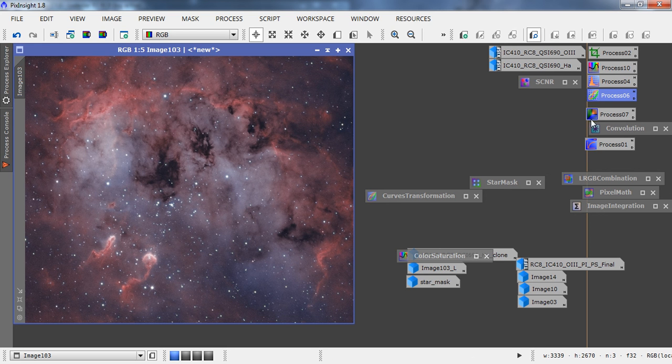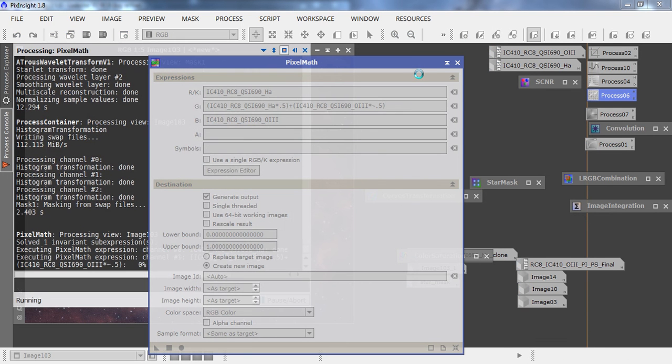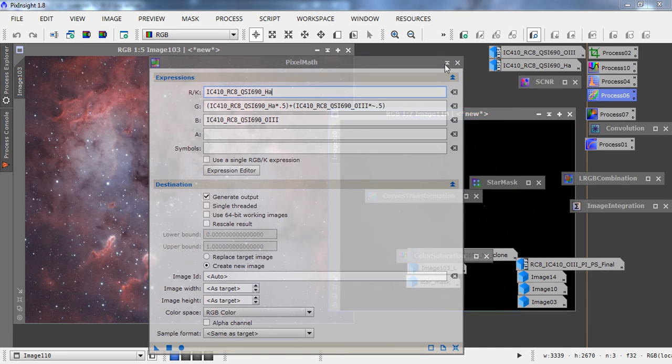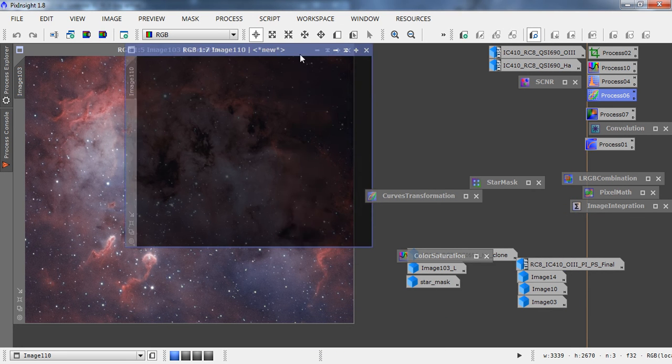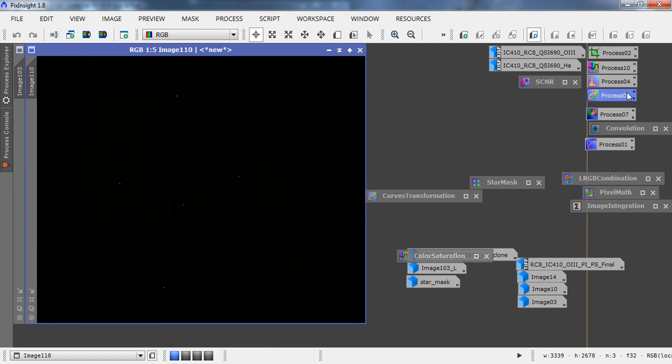Just for example purposes, let's go ahead and open Pixel Math again, and let's change this in this equation. Once you have the equations here, you can directly alter these numbers. Now, the 0.5 is what I use, and this gives me that orange and blue coloration that I've been getting in my images. So I'll minimize that. Let's put this over here, and we're gonna quickly run through everything that we did